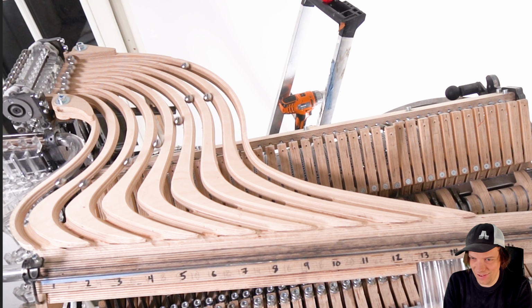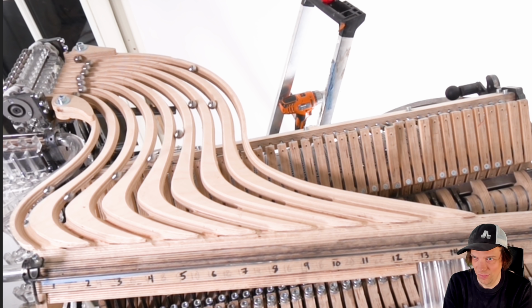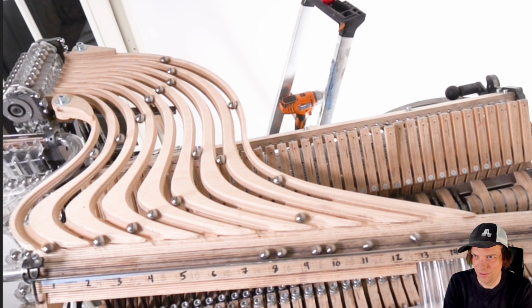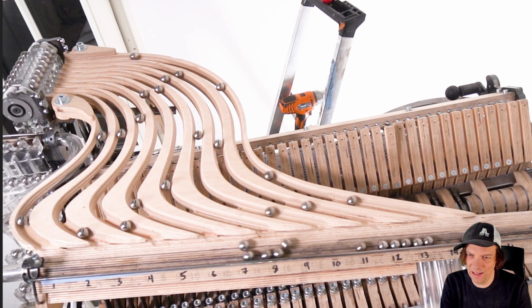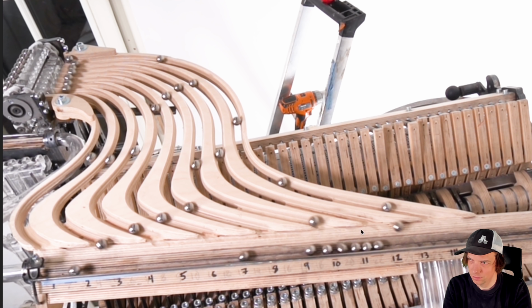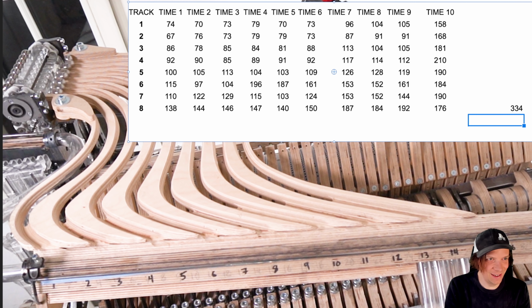Okay, let's take a look at the result. Nice. This is the effect I wanted to create, where several groups of marbles are in the lanes at the same time. So let's measure the first group. The outermost lane is the absolutely slowest now on 334 frames. So the funny thing is that some of the middle lanes are faster now after I recut, because I didn't cut deep enough. But I'm done with this now.